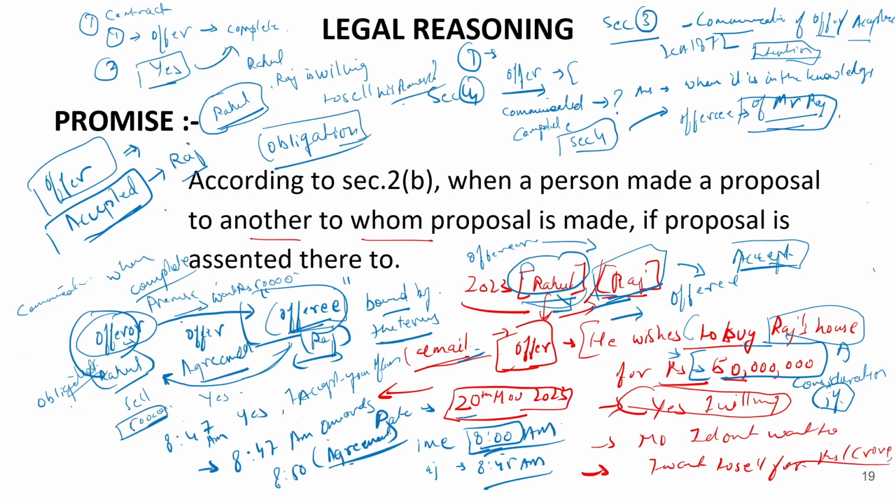Clear? So in the first instance, we understood that the obligation of the parties will only be there if there is an acceptance. If the acceptance has been denied in the very first instance when the offer was made, the agreement is not at all initiated and it has been rejected. But if the offer has been accepted, when will the obligation arise, when will it be considered that the parties have communicated their acceptance or have been obligated by the terms? It is when it comes to the knowledge of the person to whom it has been made.